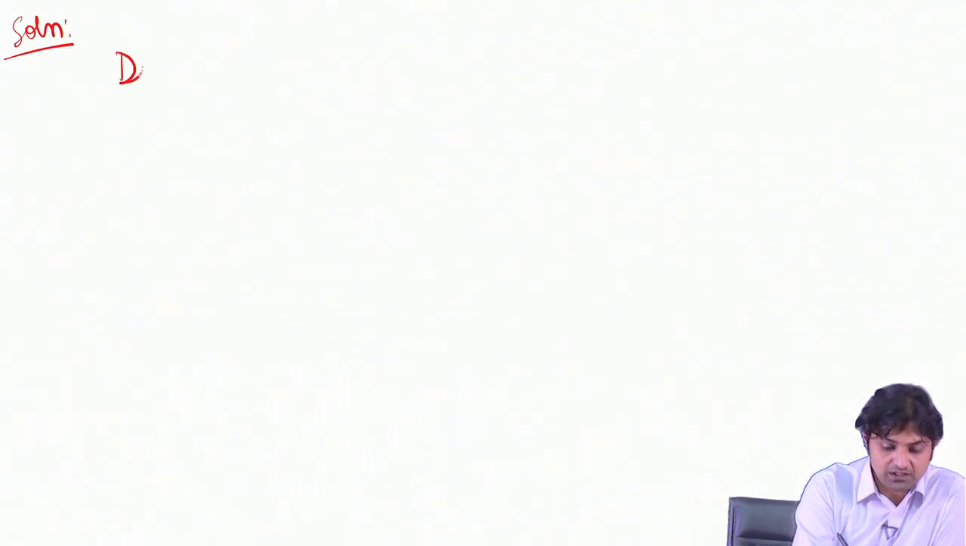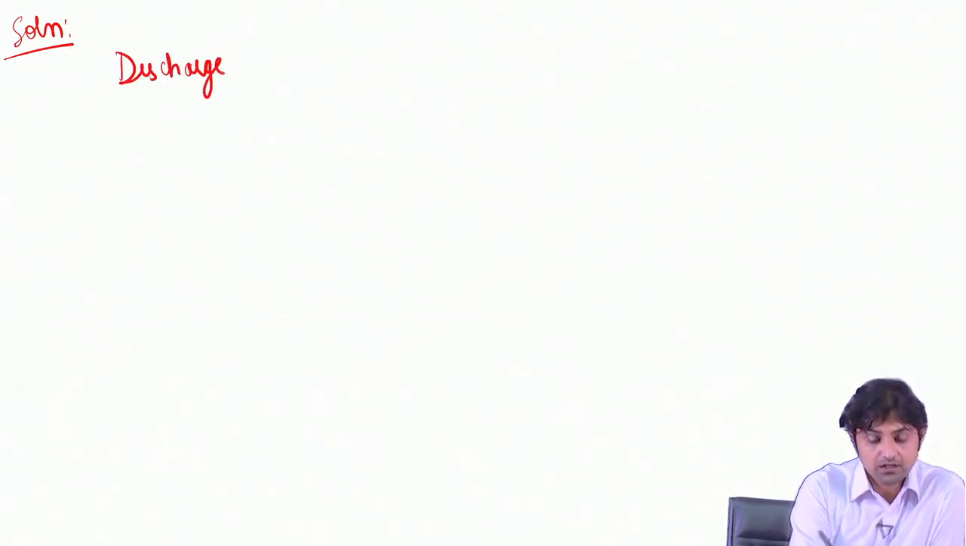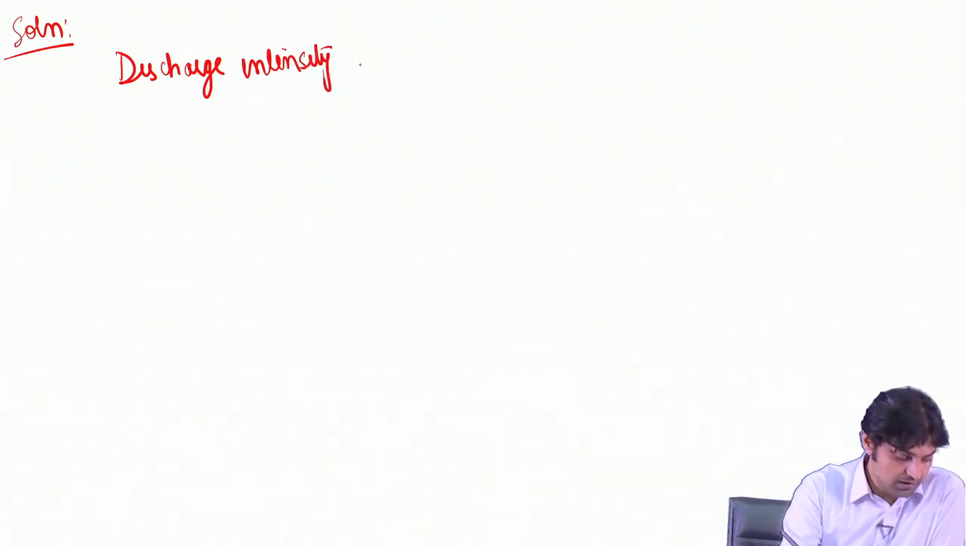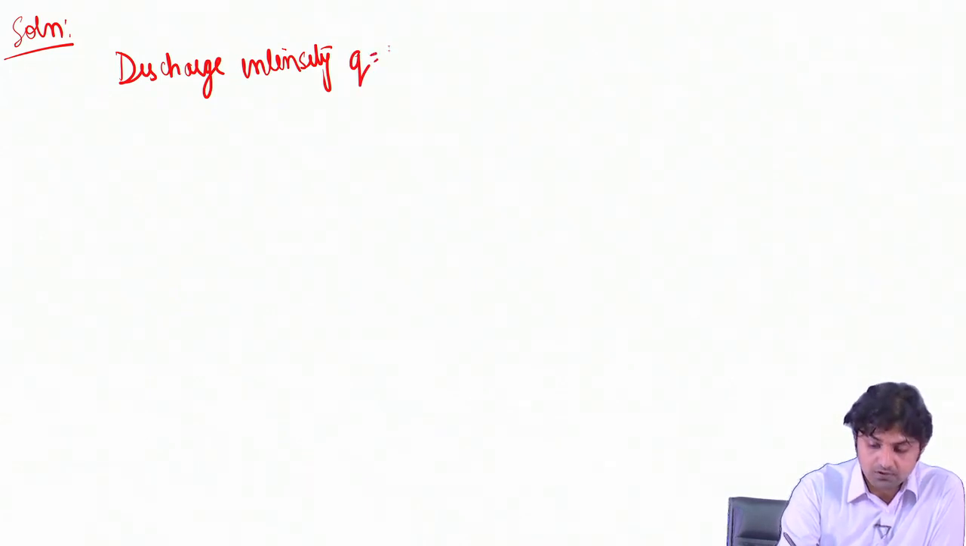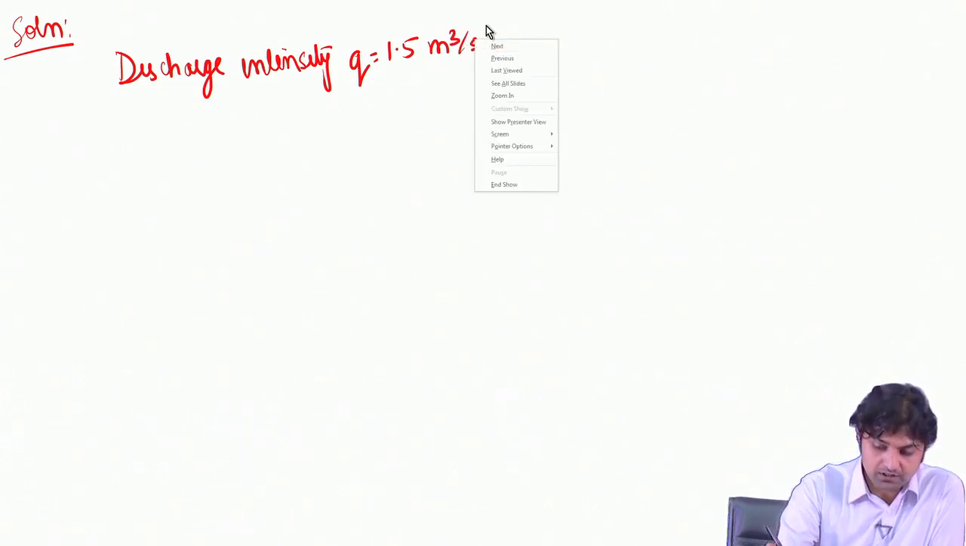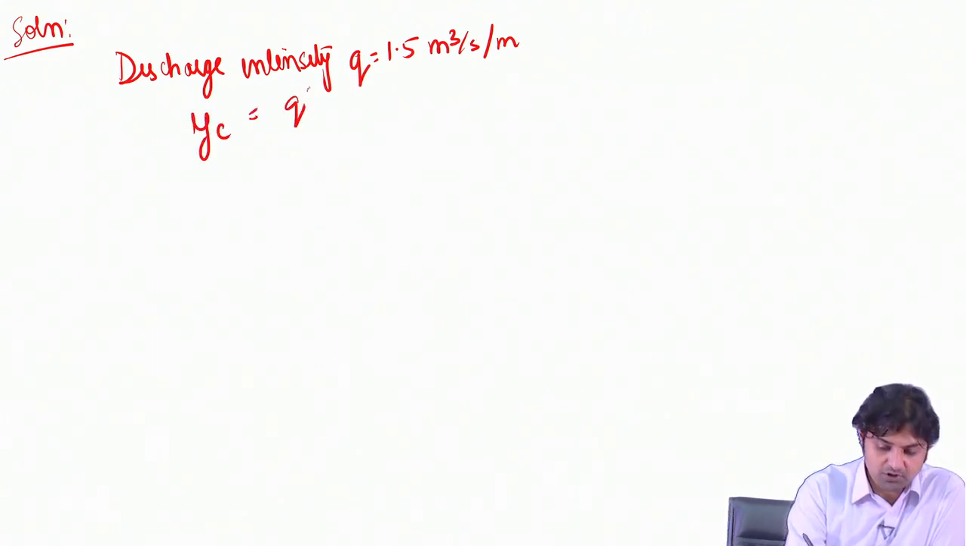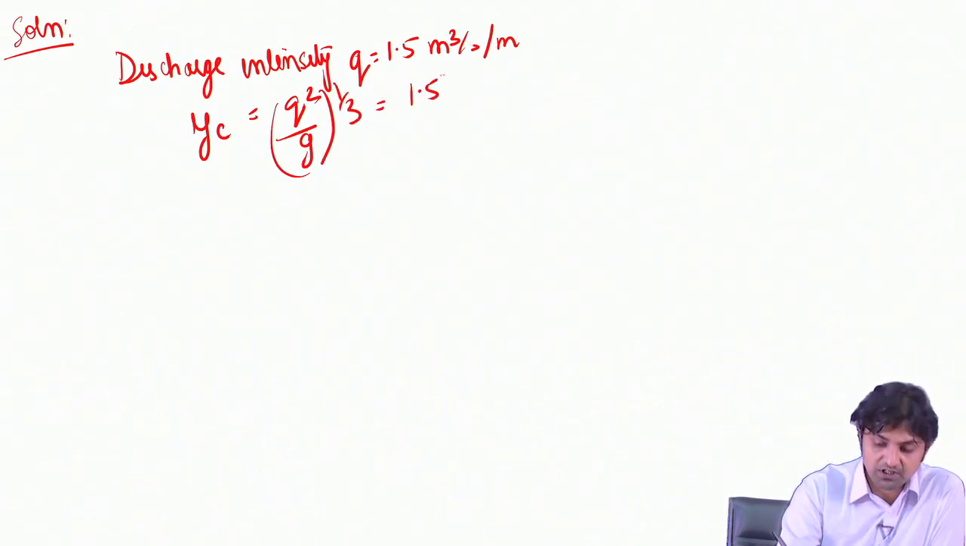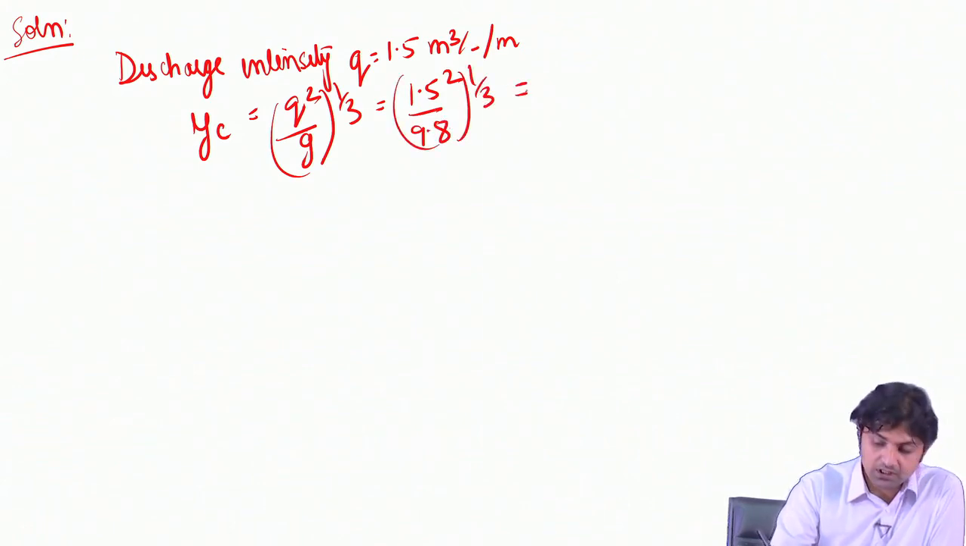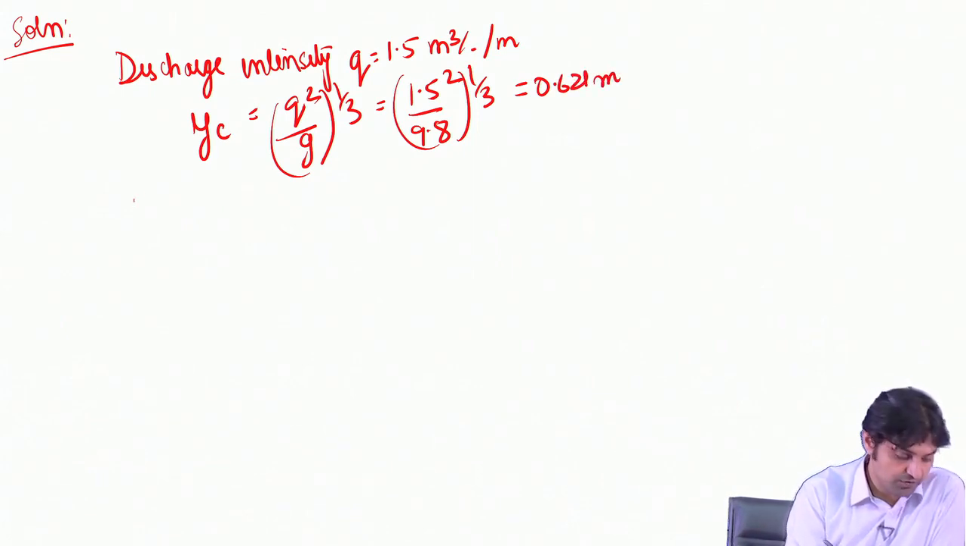So, discharge intensity is small q equal to 1.5 meter cube per second per meter. Okay. So, Yc we will find by small q square by g to the power 1 by 3, a very simple formula that must be remembered, by 9.8 to the power 1 by 3, and that is going to be 0.621 meter, all right. So, for normal depth